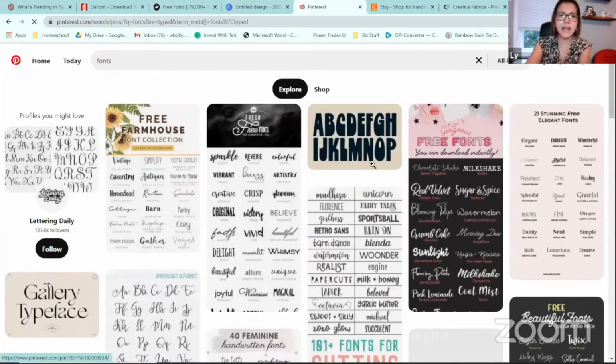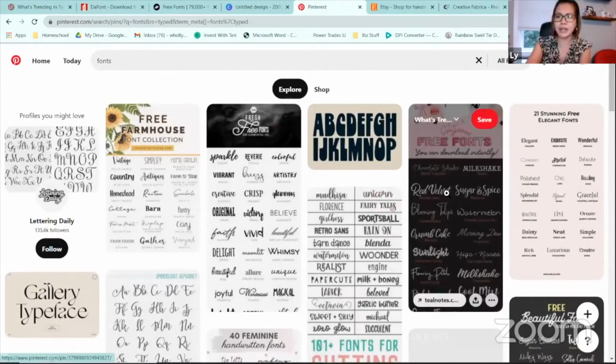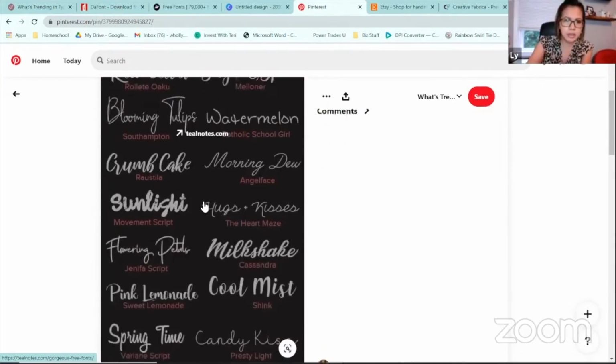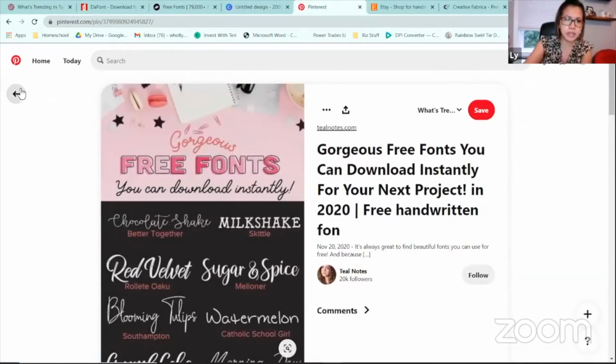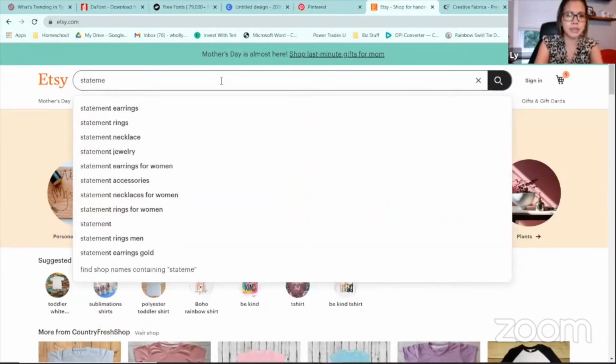If you type in fonts, all of these people online have created these cheat sheets for you. So if you find fonts that you like, let's say you like something on here, the name is right here. So for the most part, you can go and just look up these fonts and download them. But I'll show you how to do that in just a minute. And then Etsy, the same way. So if you look up statement tees,